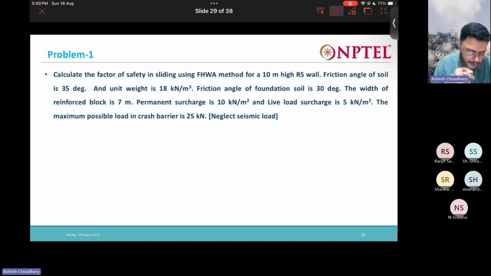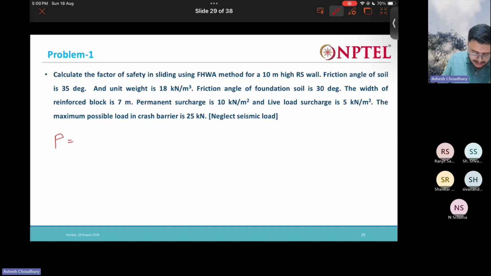So all loads are given, you just need to calculate. So tell me, what is P? We'll be neglecting seismic load for now, just for simplicity. But when you solve problems, you can consider seismic loads also. We have to consider it generally, but for our purpose, we will neglect seismic load. So for P, what was the expression for P?